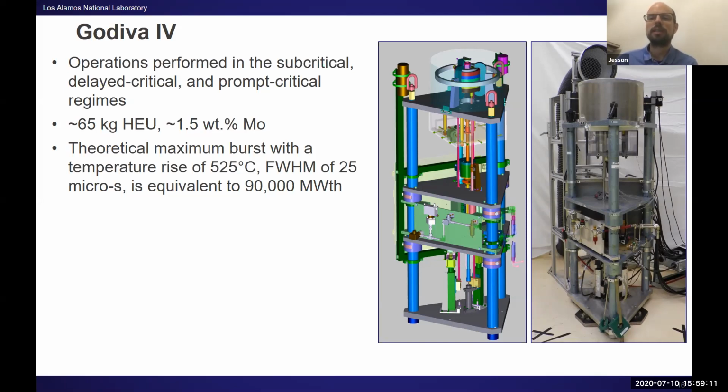One thing we've done is take various dosimeters, you name it, and we'll basically set up stands where the stand will just have every single dosimeter right next to each other, and sometimes we have phantoms as well. We'll set up dosimetry on all of those, and then we'll either do a high power run on Flattop, or we'll do a burst on Godiva, and then we'll go retrieve that material, ideally,